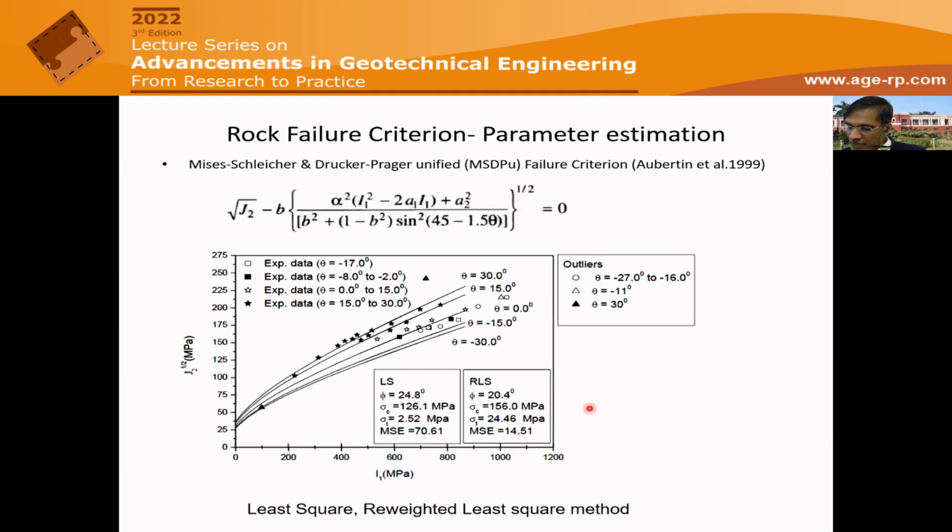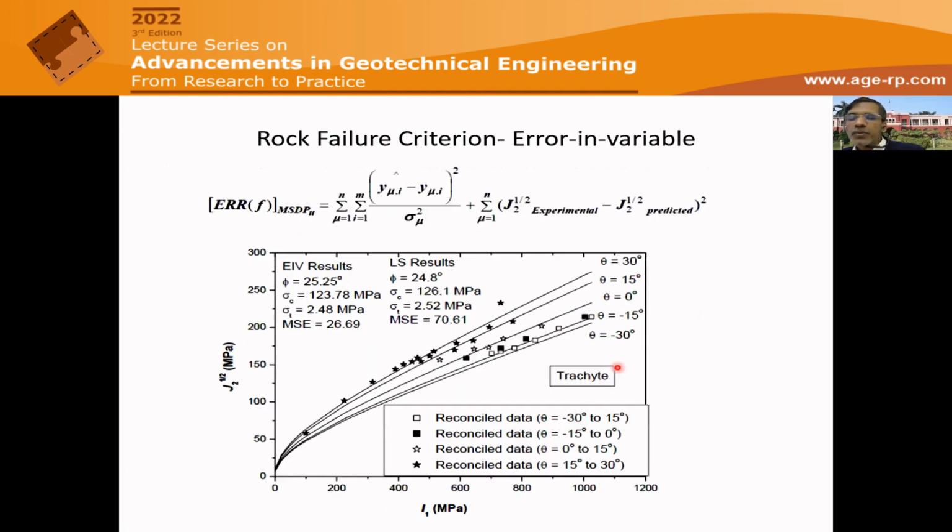Another issue, I have shown with only one example, you can put also in your problem. When you fit a curve, here I am talking about fitting an experimental curve of sigma 1, sigma 2, sigma 3, three-dimensional triaxial, rock triaxial test. What do we assume? We assume as if sigma 2, sigma 3 are very perfect values. In fact, we assume my independent variables x1, x2, x3 are very perfect. Only y makes the changes to find out the parameters through minimizing the error between the predicted and observed. But when I am doing everything in one instrument, there could be error in both sigma 1, sigma 2, sigma 3. If there is an error in y, there should also be error in x1 and x2